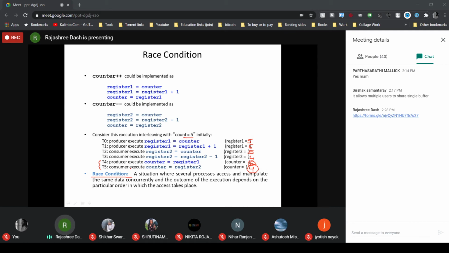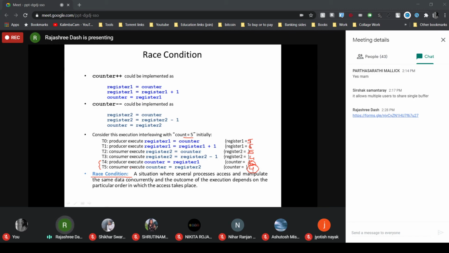In this particular order, the last statement is executed by the consumer. That's why the outcome is 4. If I change the order, and the producer executes counter equal to register 1 last, then the final value is 6. So the outcome depends on the particular order in which the access takes place. That is known as a race condition.